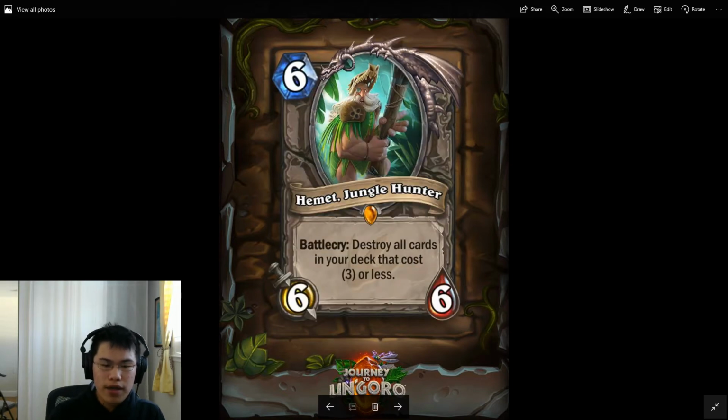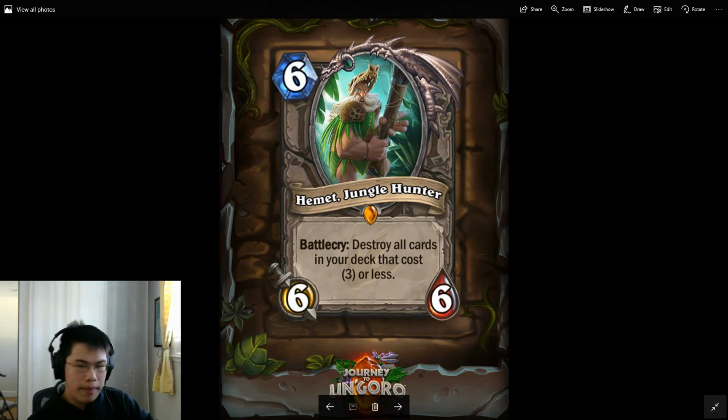Next, we have Hemet Jungle Hunter. 6-mana, 6/6. Destroy all cards in your deck that cost 3 or less. All cards. So minions, spells, weapons, anything. This is good for the control decks that want to sort of thin out their deck and be like, hey, I want to only have good draws from now on. 6-mana, 6/6 is okay stats, but